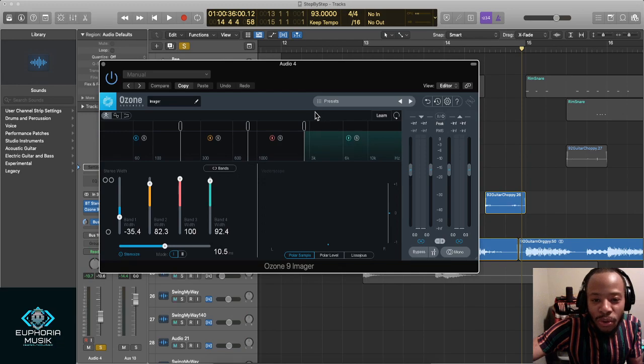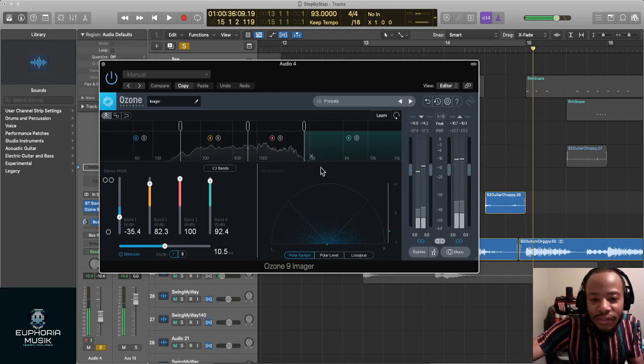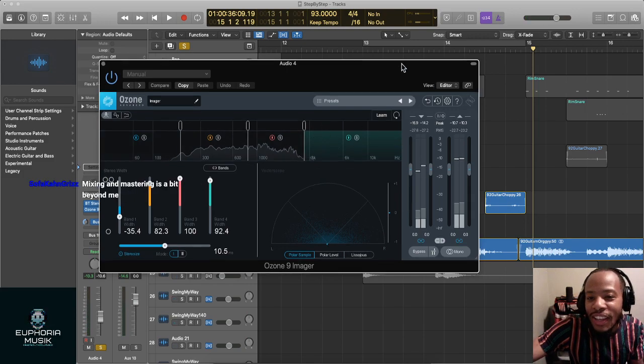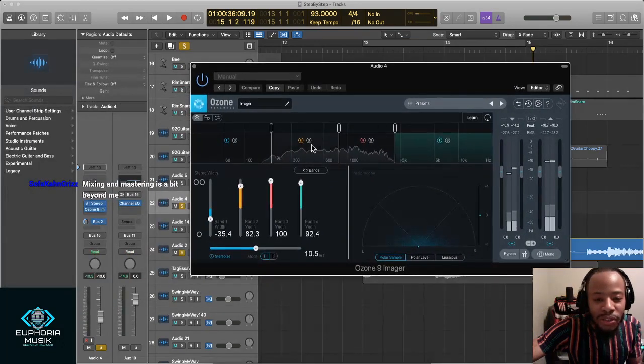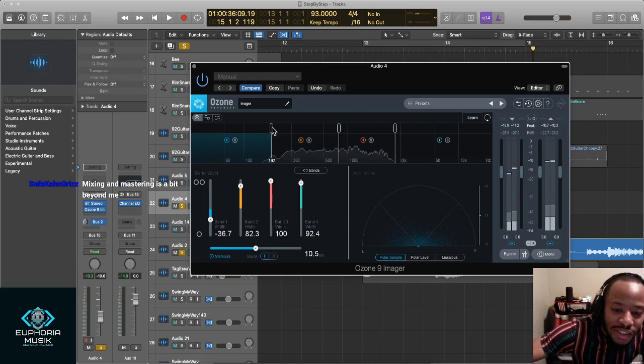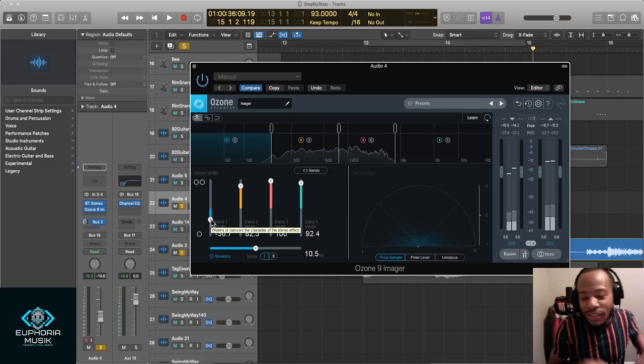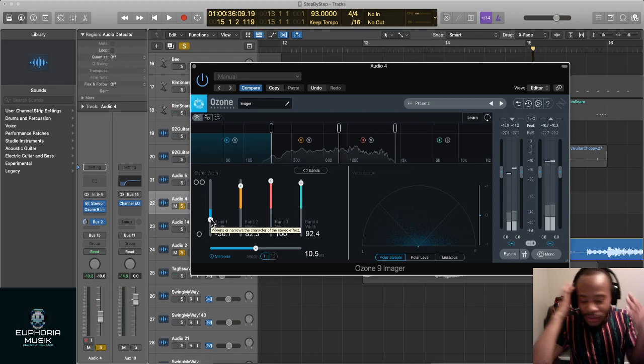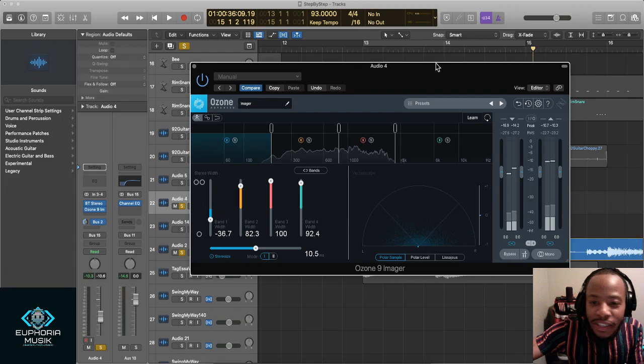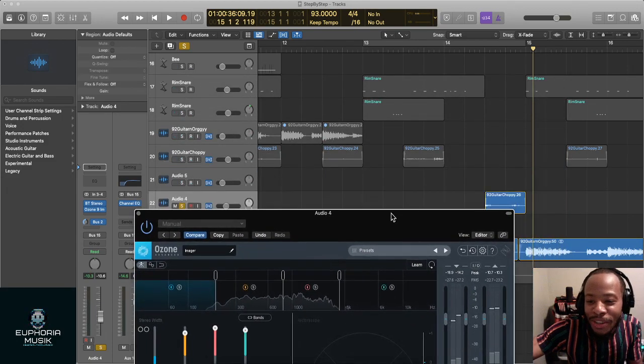Just being able to control where it's getting wider at. I love that, especially if I can make sure that the low end stays tight. You never really want your sub bass really wide because, I don't know, for some reason it doesn't hit. It doesn't sound right. Especially because you want your sub there a lot of times, or your kick, and you want that hitting dead center. You don't want it sitting on the sides of the headphones. It sounds weird. There might be a creative application for it.